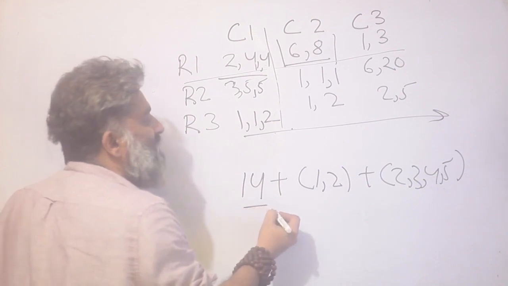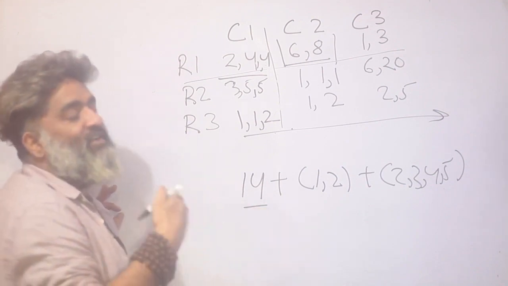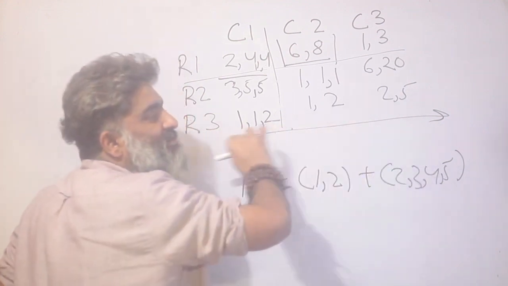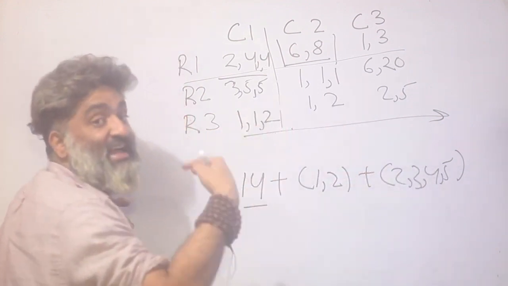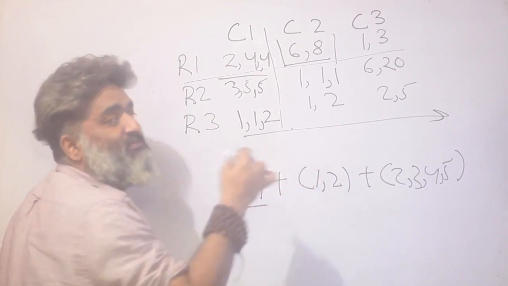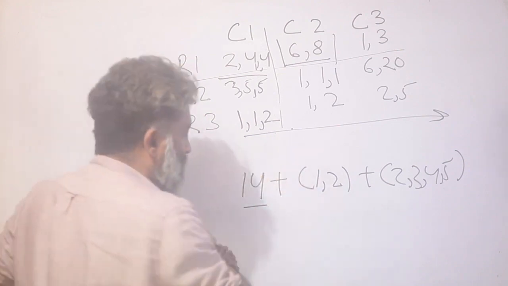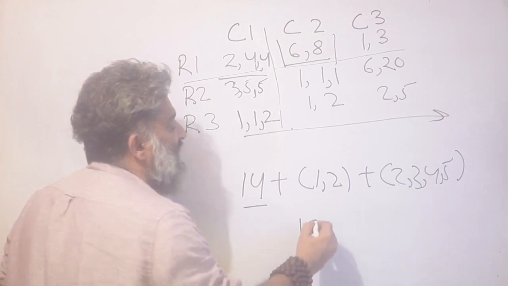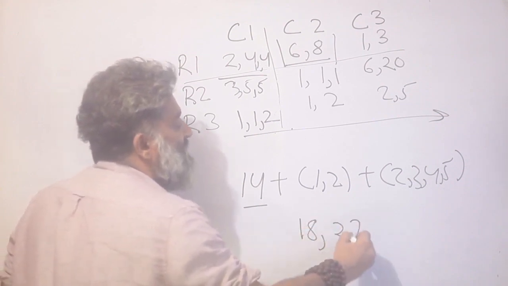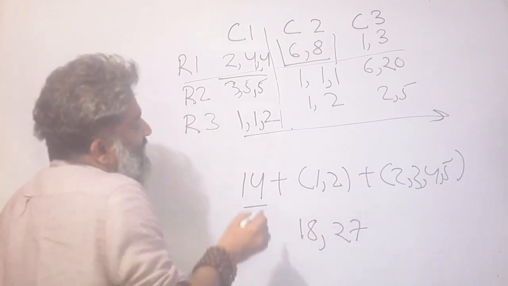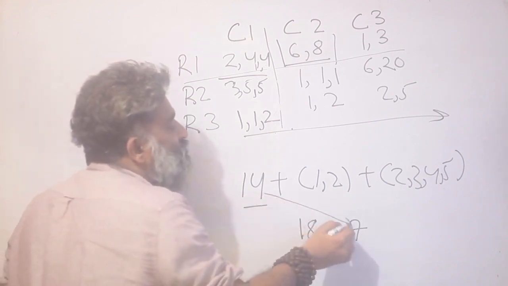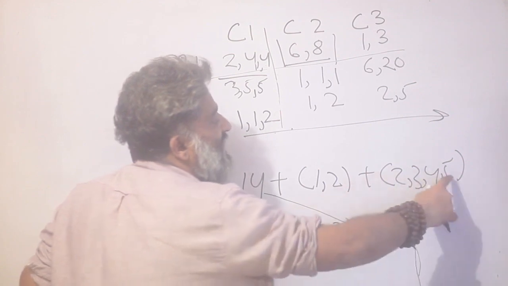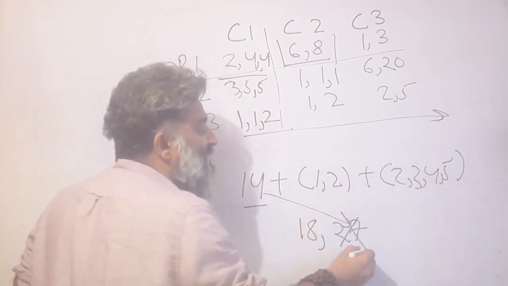I'm at 14. What are the multiples of 9? Why am I looking for multiples of 9? Because there are 9 pouches. The sum of coins will be divided by 9. That's an integer. That means the sum has to be a multiple of 9. The closest multiple that I have is 18. Then I have 27. If I wanted to go from 14 to 27, I will need 13 extra. Maximum extra I can have is 7. So this 27 is definitely ruled out.